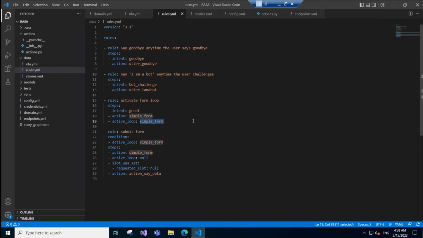This loop is kept active until all the slots are retrieved. Once all the slots are retrieved, this loop will get deactivated and the form will get submitted. For that, we have another rule here, that is submit form. This loop will activate the form and this loop will submit the form. Submit the form means here